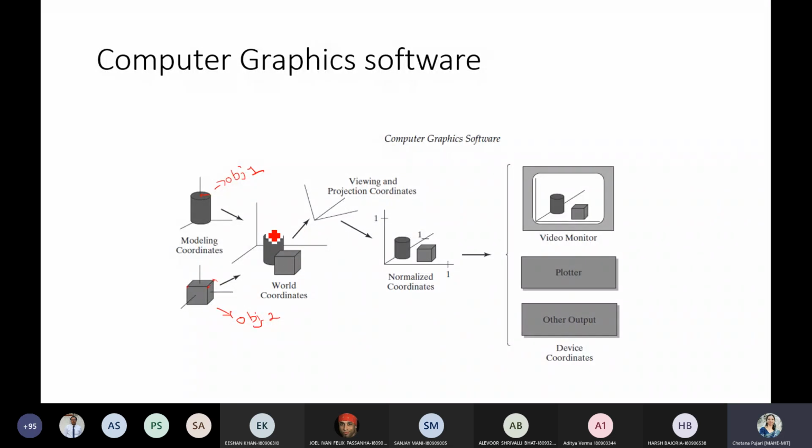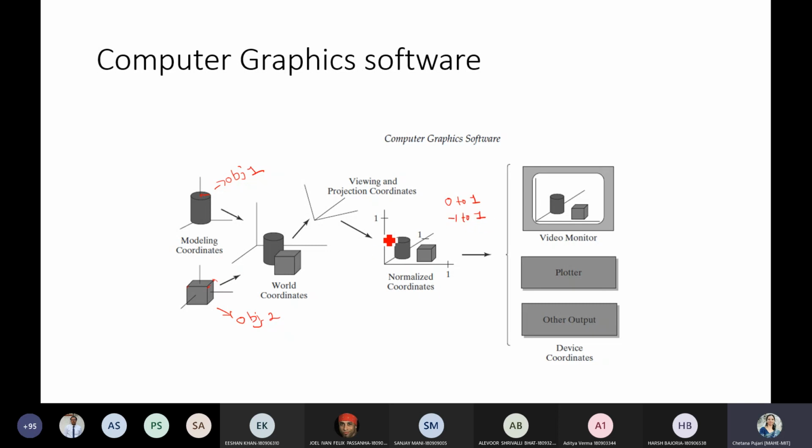You need to project whatever design you have done to a different coordinate system. Say for example, I want to display it on a TV screen or a tablet, which is in a 2D format. Then we are doing a 3D to 2D projection. That projection coordinate is this. So that conversion is done, and then we are going to normalize. Why normalize? Because it has to fit well no matter which video display screen you are using. So normally we normalize our coordinates to values between 0 to 1 or -1 to 1, depending on the type of device you are using.